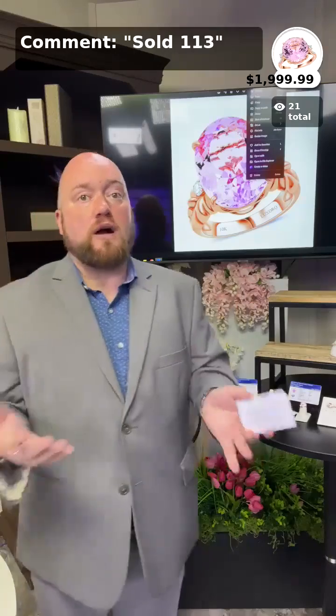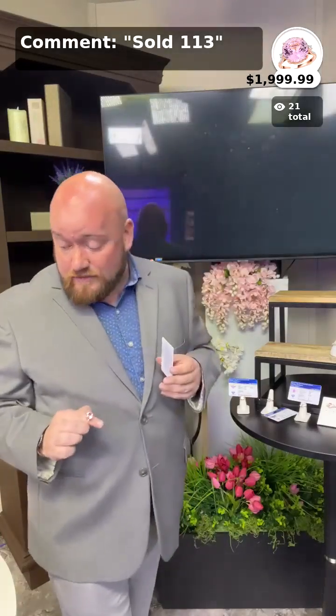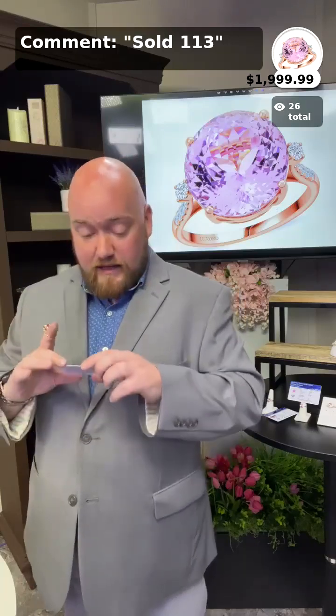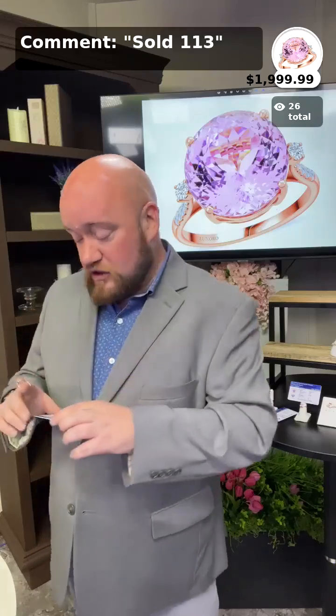Well, but again, I talked so much about round cuts. We've had so many round cut Kunzites from that spodumene family all throughout the day. And round cut is actually a pretty wasteful cut, meaning that you have to leave a lot more material on the ground when you're cutting it, polishing it, faceting it. So this one would have beat out that oval cut if they decided to cut this one into an oval, but they didn't. They decided to cut it into a round, and I'm sure glad they did, because it is absolutely breathtaking. Another Martha Rocha, another AAA color, eye clean clarity, excellent cut, this time with 28 points of